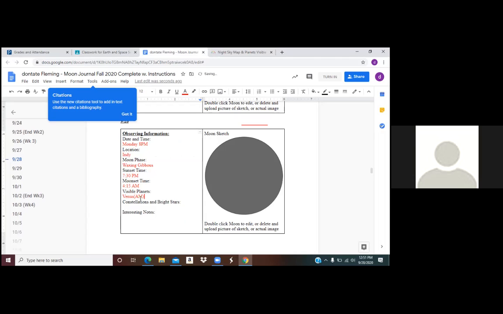Yep, and then Mars, Jupiter, Saturn will be up during the evening. So once you've typed Mars, Jupiter, and Saturn, then you can type PM in parentheses again. Good so far. And then basically, Dante, these last two are, if you go out tonight at 8 o'clock and